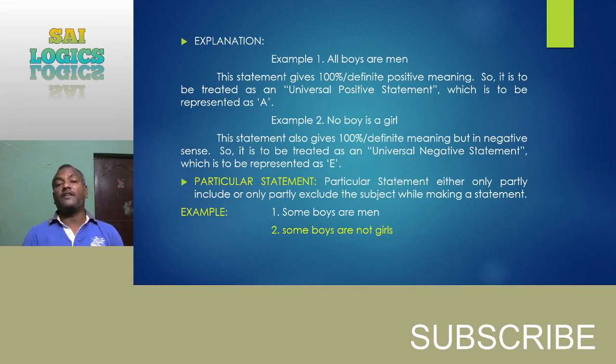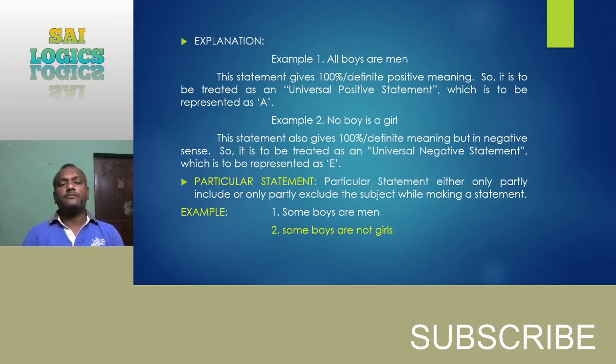So a statement that begins with all is to be treated as a definite positive statement. In other words, it is to be called a universal positive statement. A statement that starts with all is to be represented with capital letter A. What is this representation required for? This is required to solve the problems in the analytical method. When you are finding the conclusion, then you will understand what it has been made for.